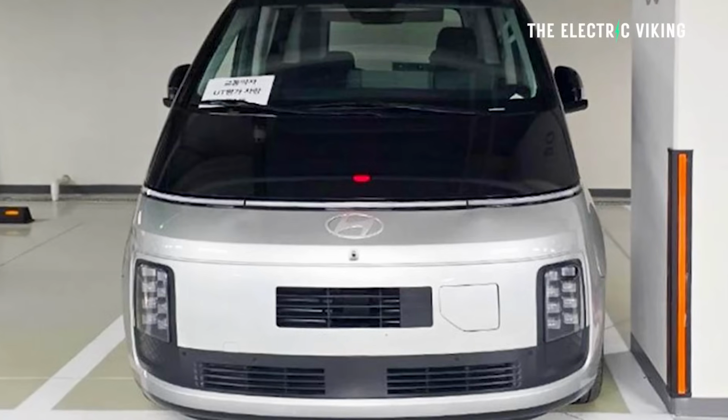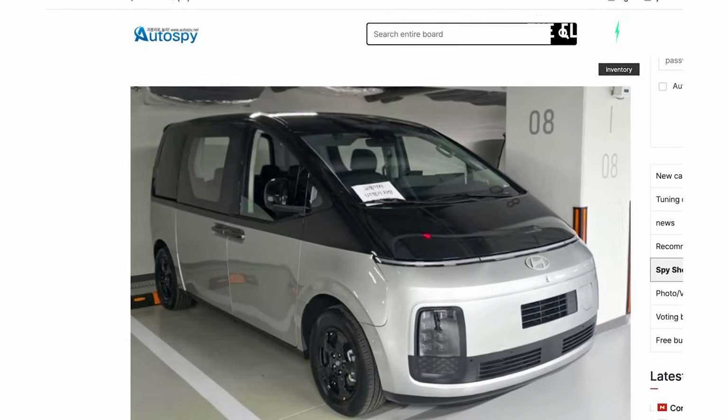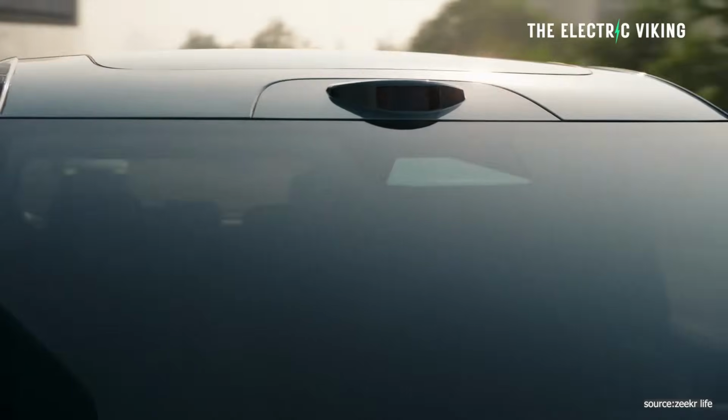Today we saw new electric vans revealed from two different brands. Hyundai, they have an electric van coming out very, very soon. Actually looks kind of futuristic. And also Geely. Now Geely's van, if you want a lot of range in your van, if you need it